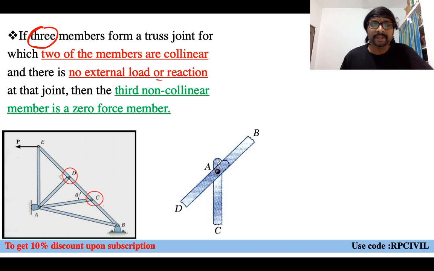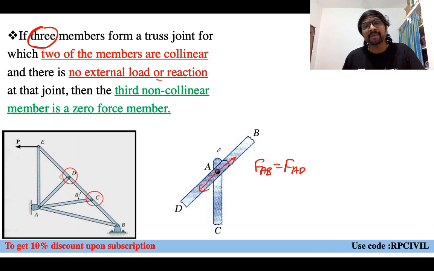If you just observe here, what will happen here? At this joint A, force in this member AB will be balanced by force in the member AD. Force in the member AB equal to which one? Force in the member AD. And do you have any other member or external load or support reaction to balance the force in the member AC? There is nothing to balance. When there is nothing to balance, what will happen? 0 force member it will become, like that. That is what the statement are.